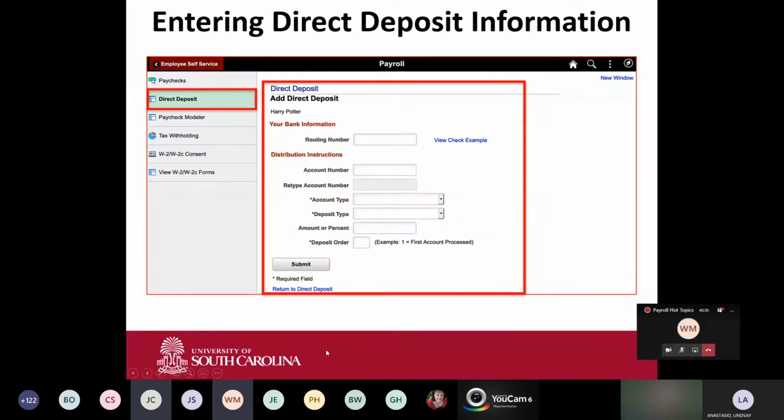All right, we have a question, Wanda. The question is, does that time frame apply to international payroll as well? International payroll in the sense that, yes, we have to have time. Yes, the time frame is the same regardless, because we have to validate it against the bank account.